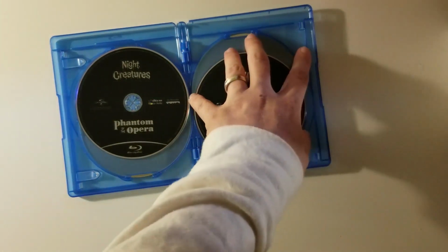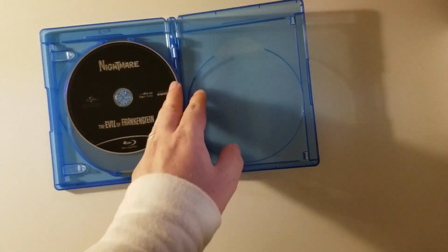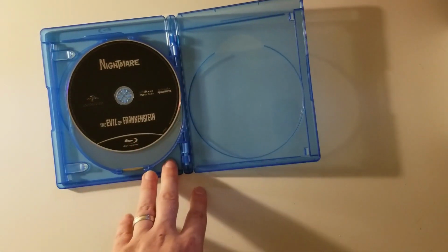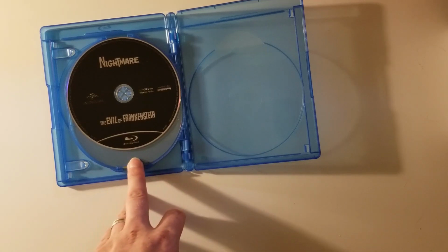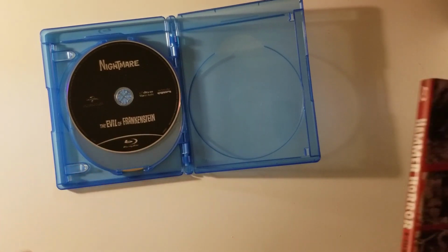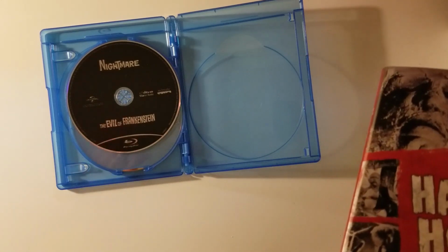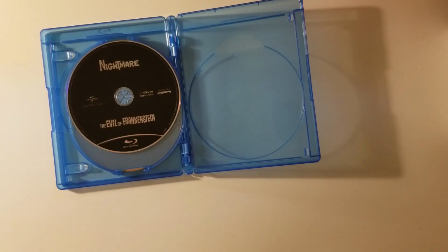All right, let's go to that last disc, which is the reason I have the set opening up. Nightmare and the Evil of Frankenstein. The reason I'm opening this set is because I watched The Curse of Frankenstein and The Return of Frankenstein, and now I need to watch the third one, The Evil of Frankenstein. It's not the reason I bought the set, but look, it worked out perfectly for me, because if you're a Hammer fan, it's really troublesome to actually get a hold of all these movies. It's less troublesome now, but it is more costly, because...